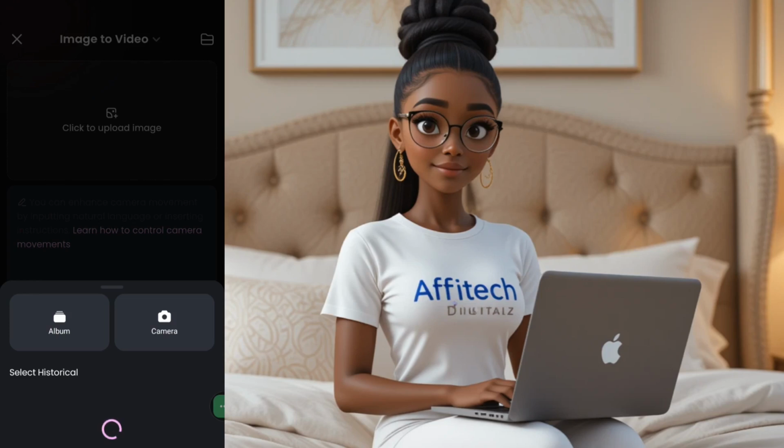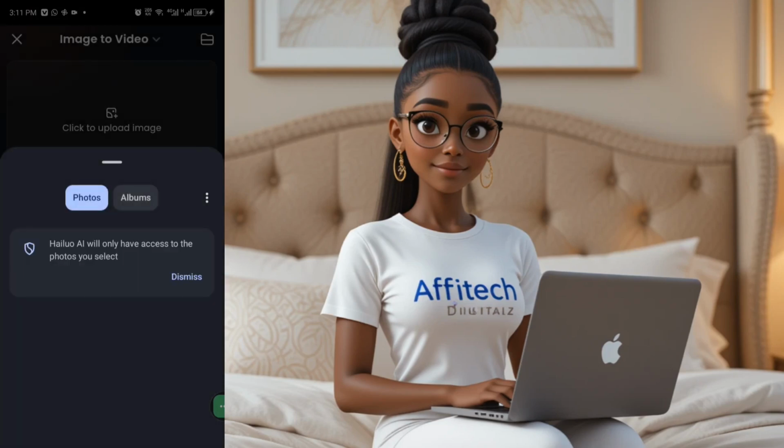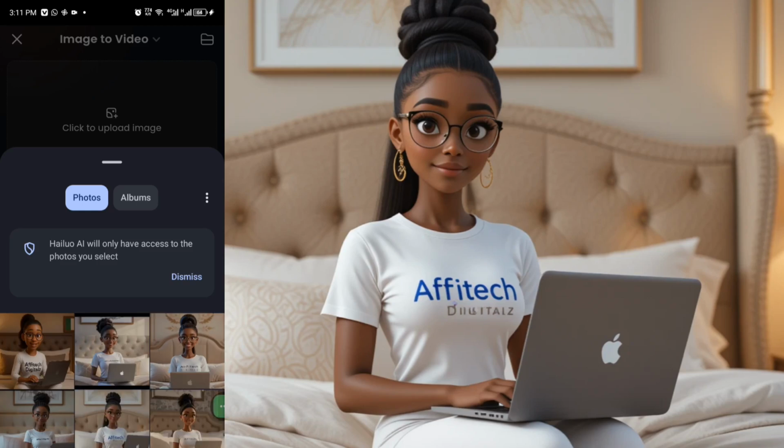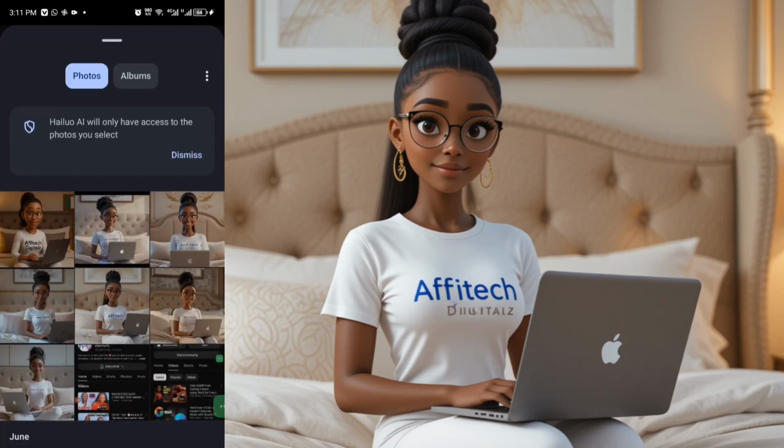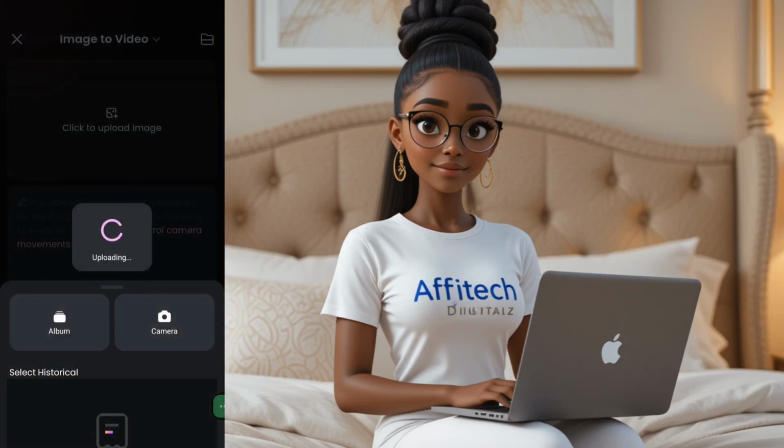After successfully signing up, you are going to see something like click to upload image. All those images that we downloaded from piclumen and also from ChatGPT, I'm just going to pick one of them here. Oh god, I'm confused about the image to choose, guys. Okay, let's say I go with this. I just need to pick one image and go with it. So you just need to upload the image right there.